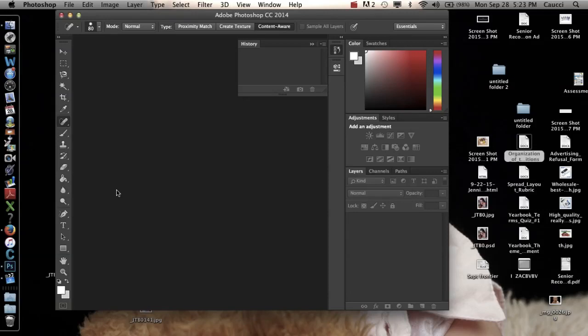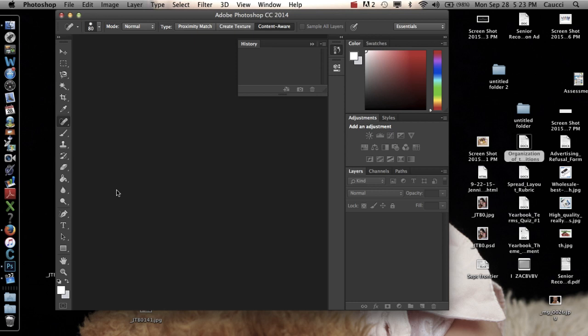Hey guys, what we're going to be working on today is creating lightning using Photoshop. You will not be opening up any files. This assignment is strictly creating from scratch. You will find the packets on the front desk closest to the teacher station. On the far left, it's called Step 1, Creating Lightning, if you want to see it as I'm going through